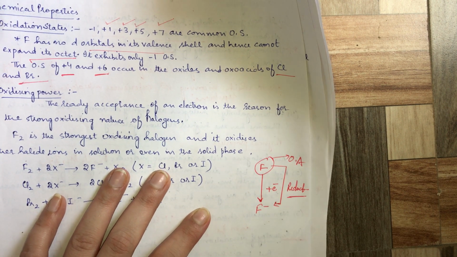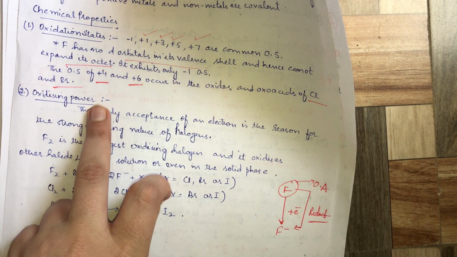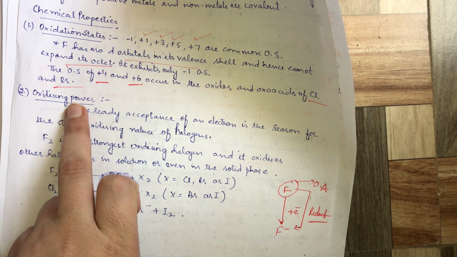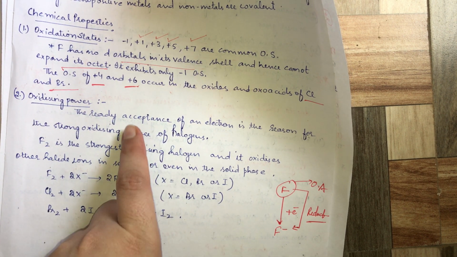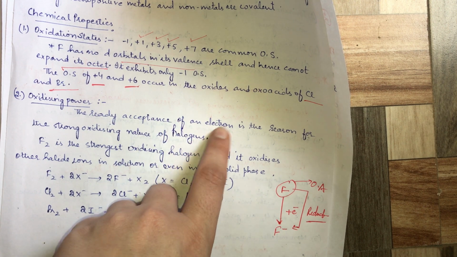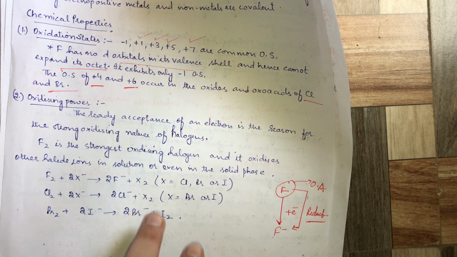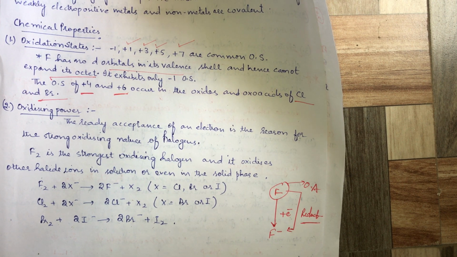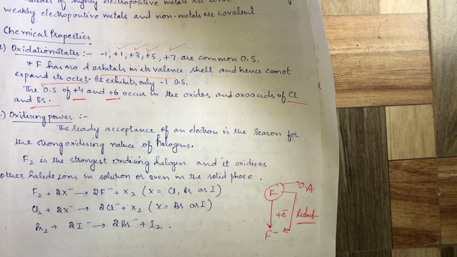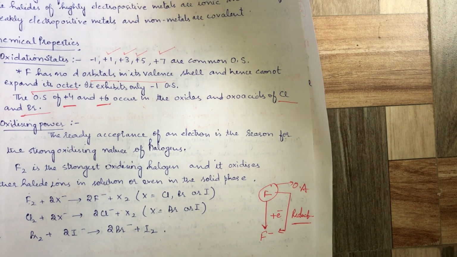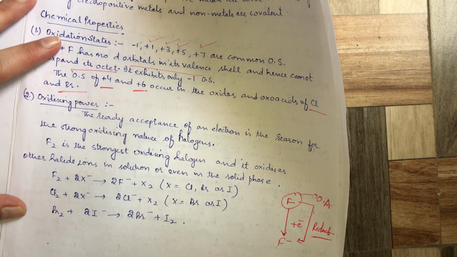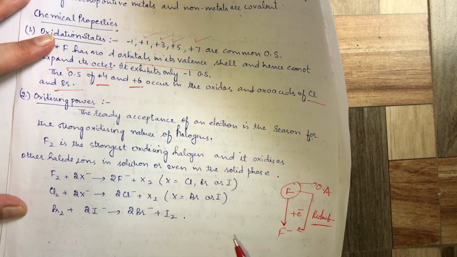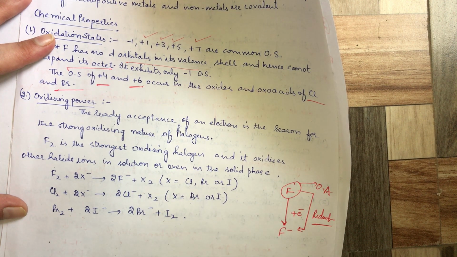This happens with all the halogens. Hence they have strong oxidizing power. So the ready acceptance of an electron is the reason for the strong oxidizing nature of the halogens. Fluorine is the strongest oxidizing halogen and it oxidizes other halide ions in the solution or even in the solid